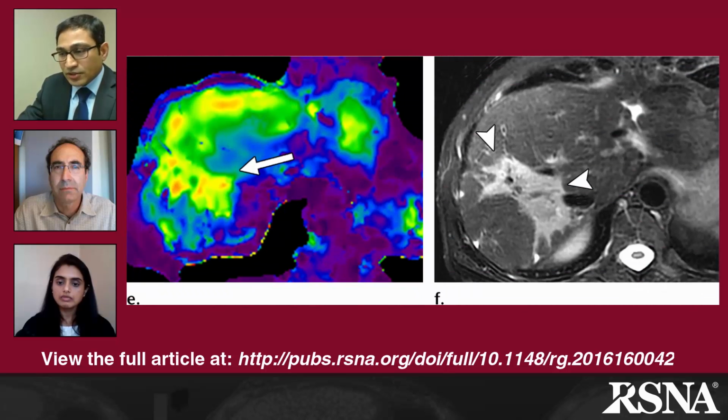Let's look at the third example, the one with figures E and F, showing a case of autoimmune hepatitis with confluent fibrosis. Now, if you look at the MR elastography stiffness map, the arrow points to an area of increased stiffness in one particular area. And this corresponds exactly to a hyperintensity on the T2 weighted images, which is a confluent fibrosis. This is exactly the region where there is a lot of fibrosis, and MR elastography exactly corresponds to that.